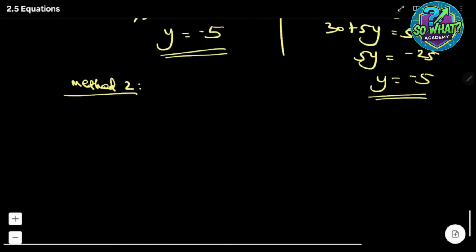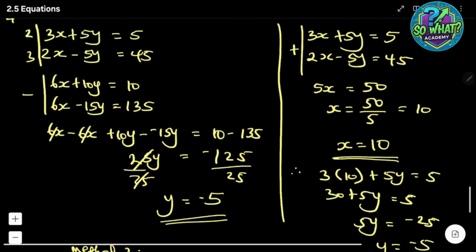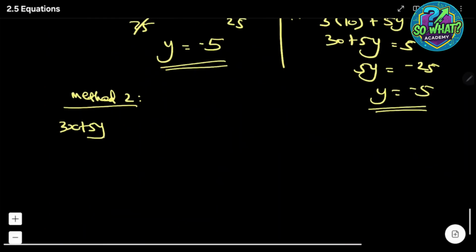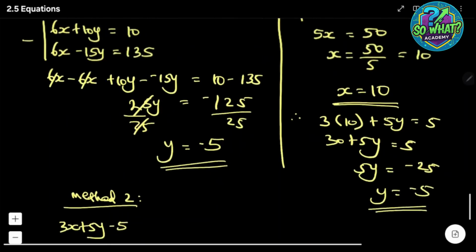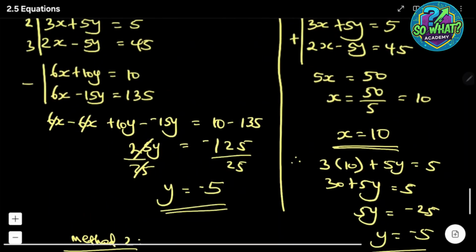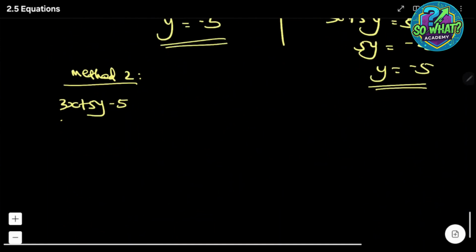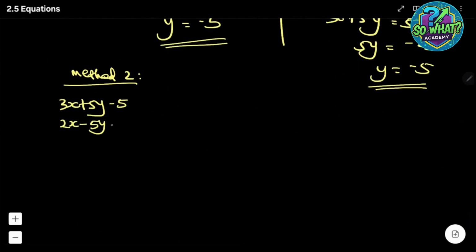3x plus 5y is equal to 56 and 2x minus 5y is equal to 45. So in substitution, make this equation 1, make this equation 2, and then choose equation 1 or 2 and make one of them the subject. Let's say from 1,